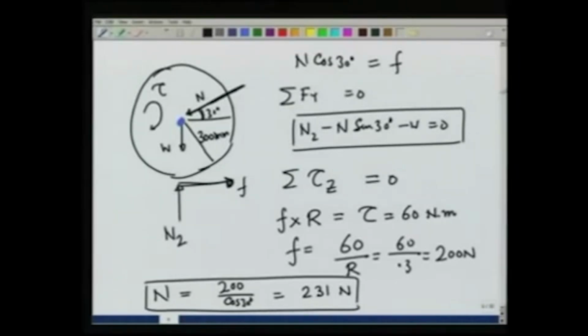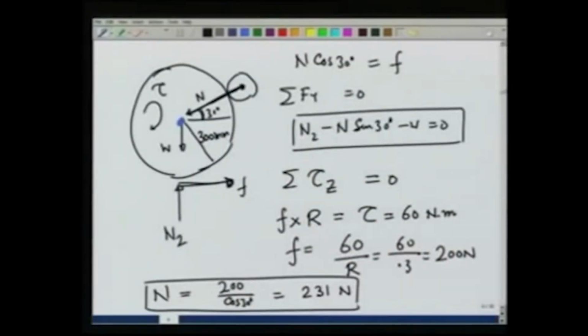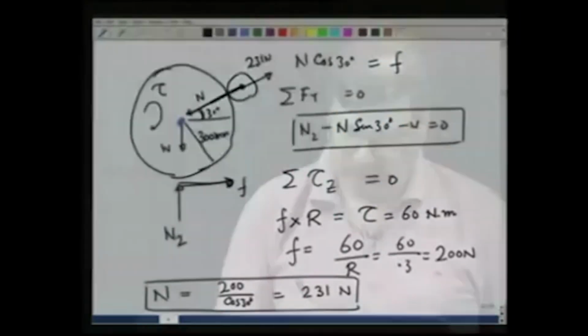So, the force by the roller on the wheel is 231 newtons, and therefore, on the roller there will be a force by the wheel of the same amount, 231 newtons, and that is your answer. Let us solve one more problem,